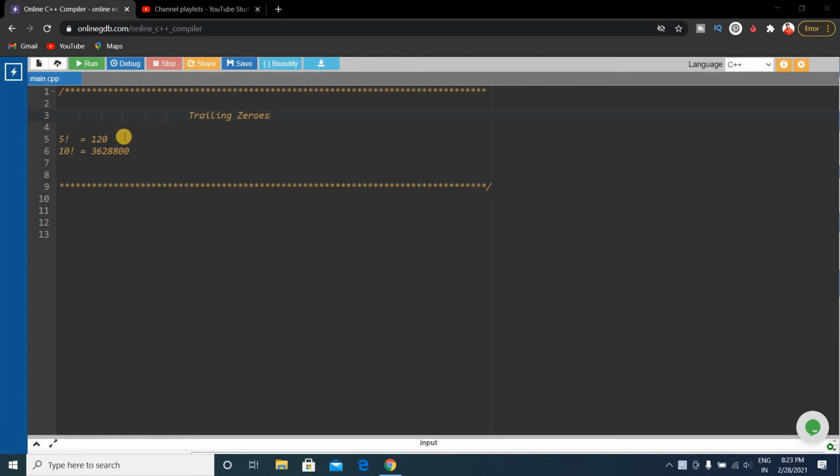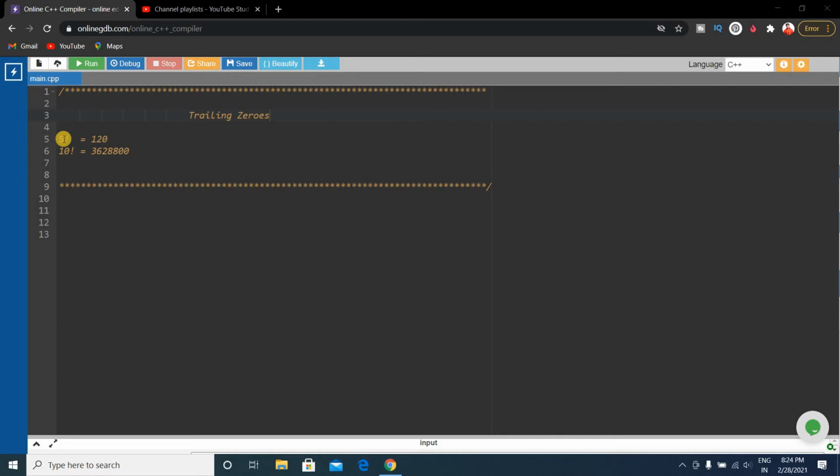So the problem is, you will be given an integer number and you have to find the factorial of that number and then calculate the trailing zeros of that number. Trailing zero means the last zero. So suppose 5 is given to you as input.